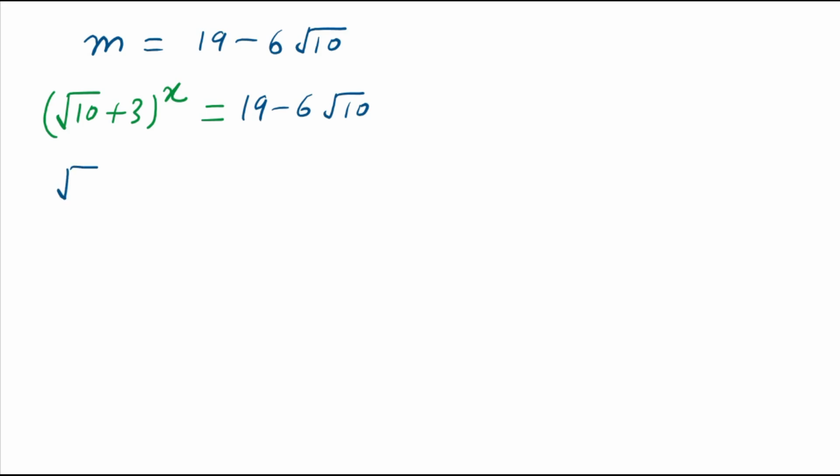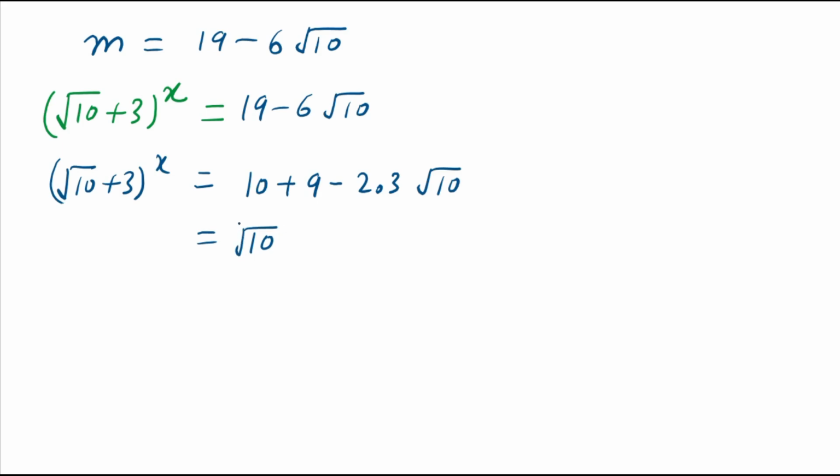On the right hand side, this 19 is 10 plus 9 minus, and this 6 is 2 times 3 square root of 10. This 10 is the same as (square root of 10) to the power 2, and this 9 is 3 to the power 2, minus 2 times 3 times